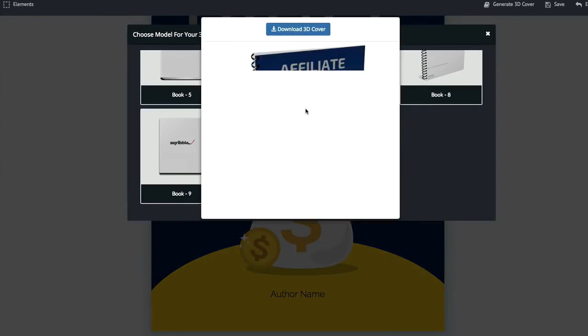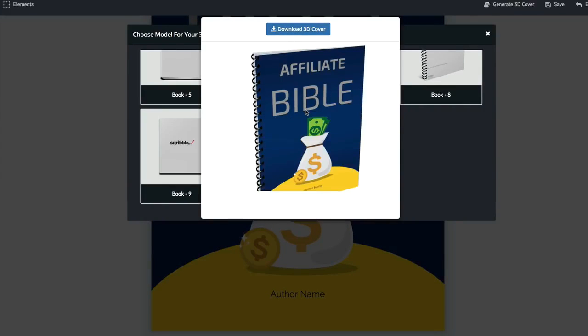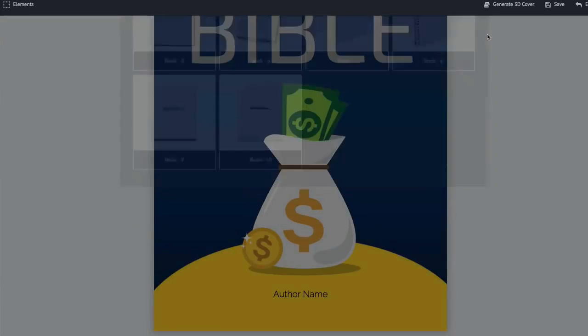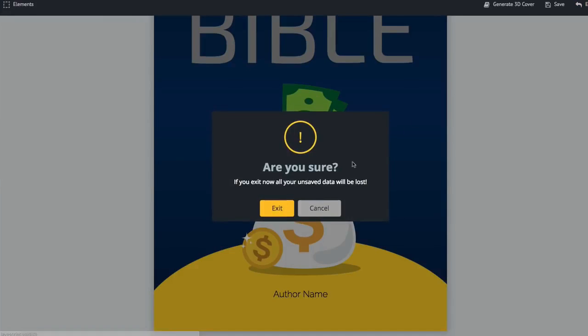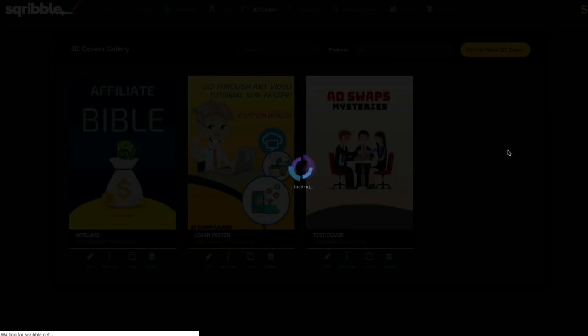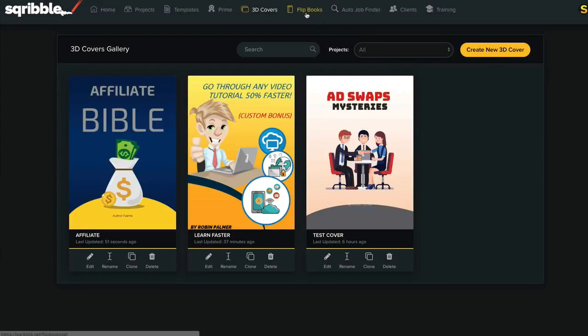Now we're going to have some choices here of different layouts, different views. I'm going to go ahead and choose this binder looking thing here, and it's generating my 3D cover right now. And there it is. All right, so we've now got the cover. We're good to go. We can just download that and do whatever we need to do with it. So very simple to create your 3D covers. Now I'll go ahead and just save it, and we're going to go ahead and exit out of here, and I will show you how we can convert all that ebook right into an actual